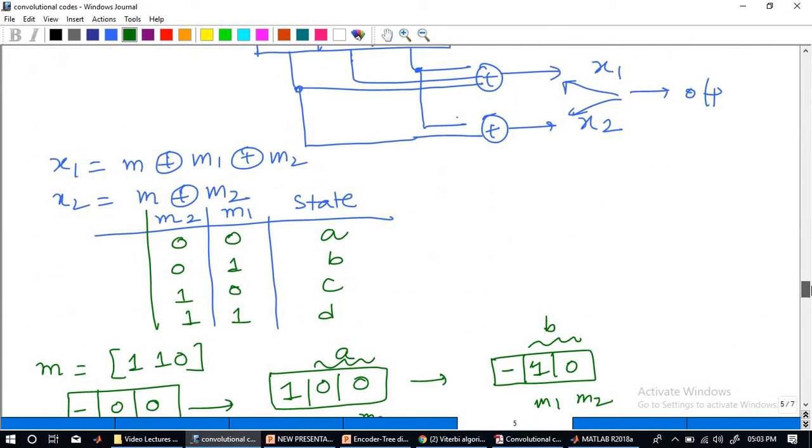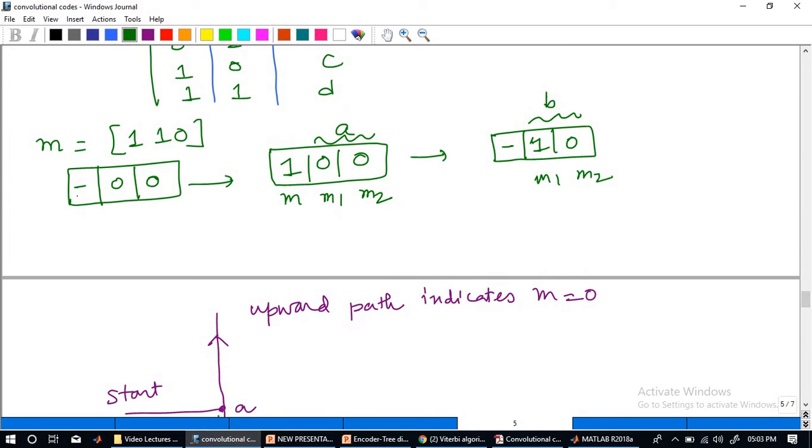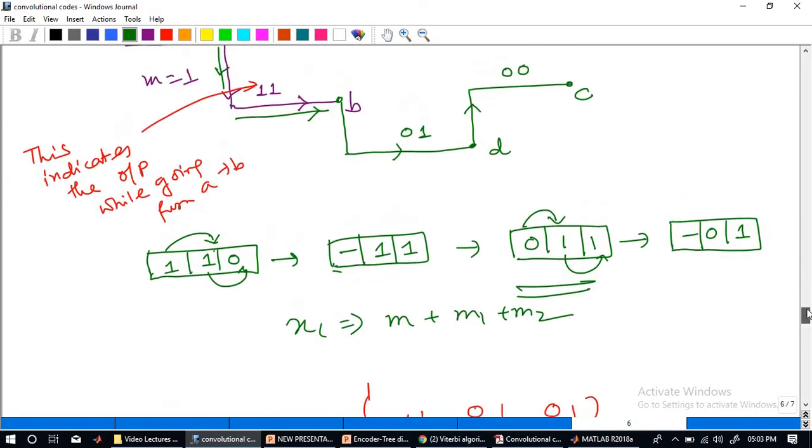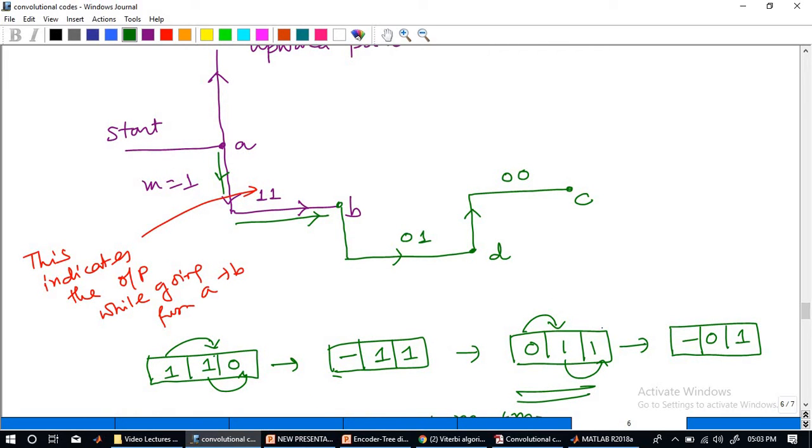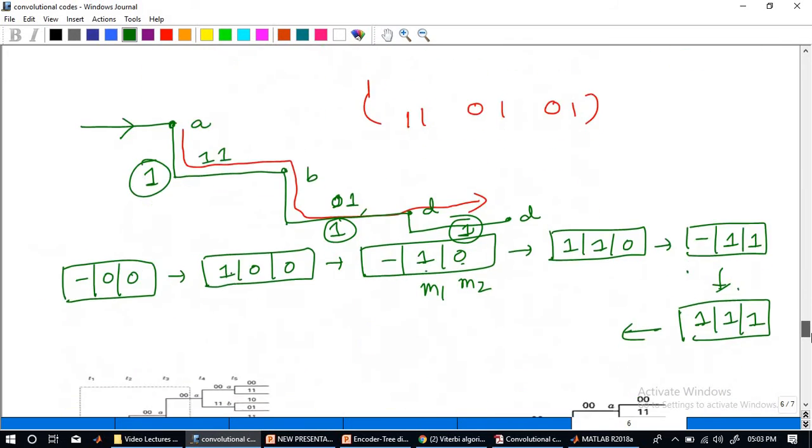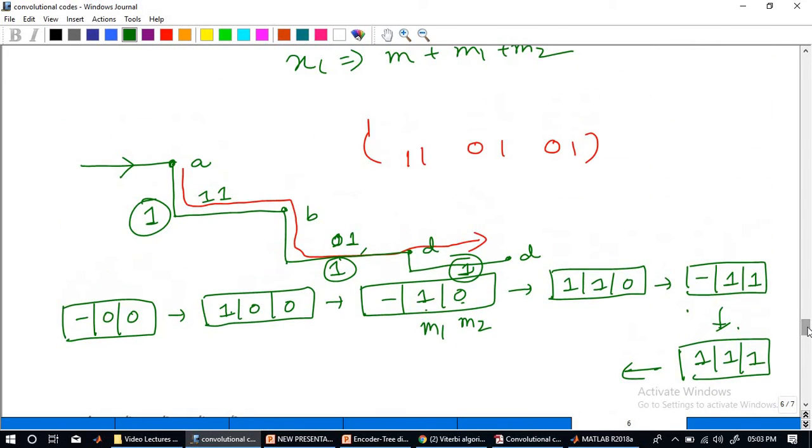So in light of that, we came across 2 different cases. In the first case, we took M as 110, and based on that we found something like this. In the second case, we took 111, and for that we came across something of this nature, as the red arrow indicates. But 2 things we have not considered in last day's class because of the time constraint.